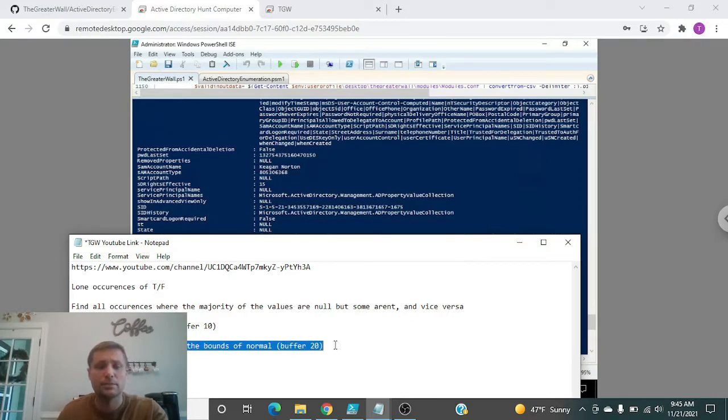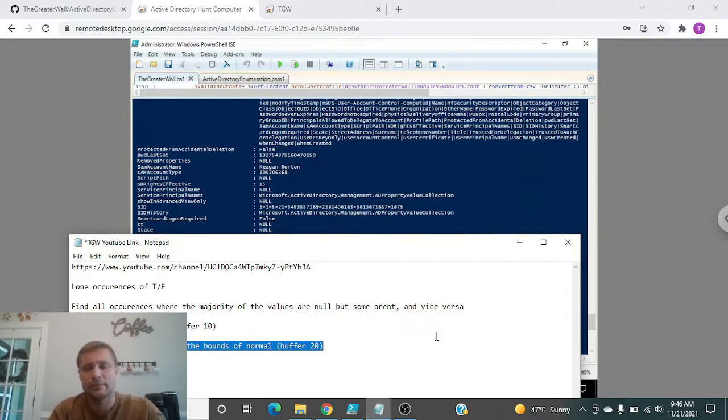This one right here is probably my favorite, and what this does is for every Active Directory property, it will calculate the ASCII byte equivalent of the characters. And it will determine, based off of averaging, what is the acceptable range of characters for that type of value. Okay, that's how it found that phone number where there was an X in the phone number, because it looked at the range of valid